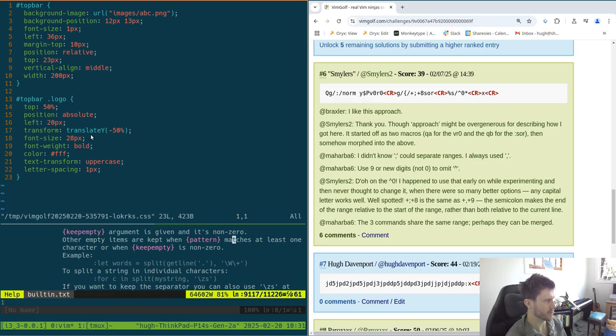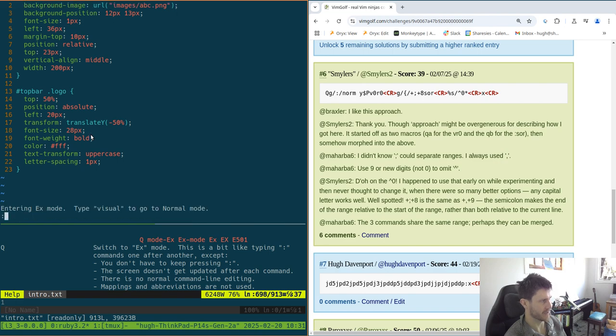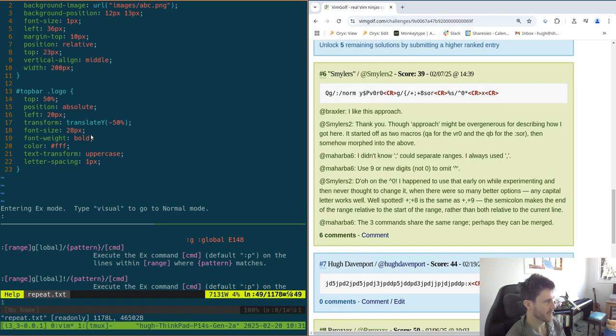So I don't use Q actually. So we can kind of see what it is. So this kind of goes into EX mode. So that could have done a lot of things that I do. So in the EX mode, we now are running something global with the